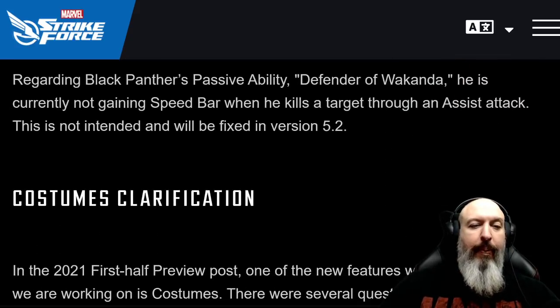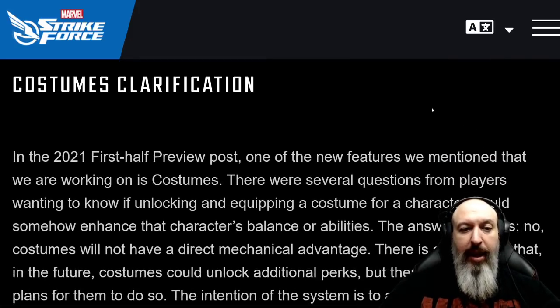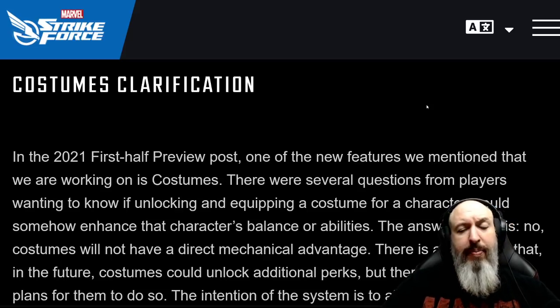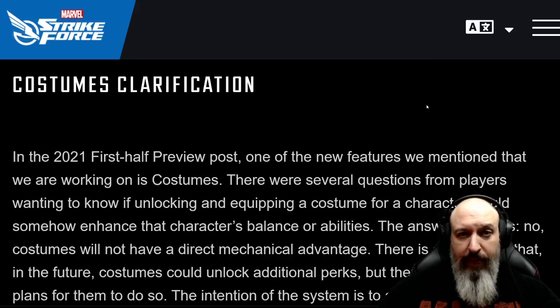And so the Black Panther passive, some of the changes they made, basically trying to fix some of the ISO issues, like getting the double benefit from it. And then they also clarify the costume. And so they answer this in a very political way. And I think it's important to take it that right now in the initial set of stuff, I don't think they're putting stats on them, but I think there could be down the road, and a good example might be something like Spider-Man Future Foundation, where a costume like that might make them Fantastic Four,